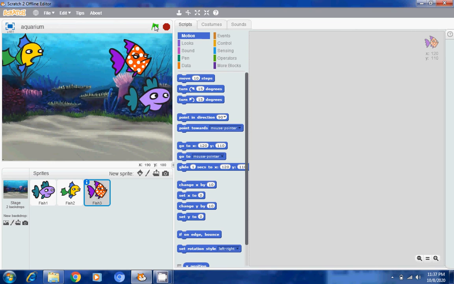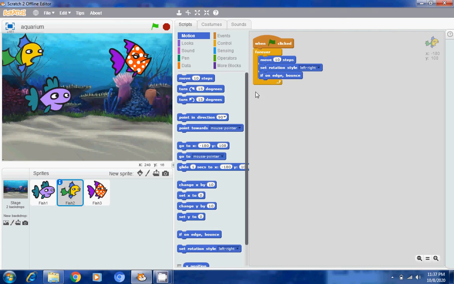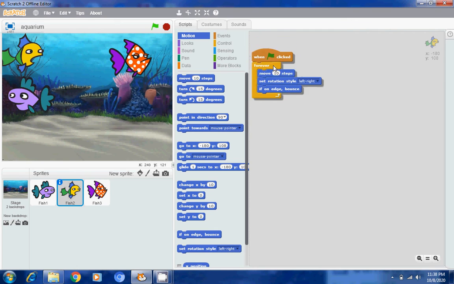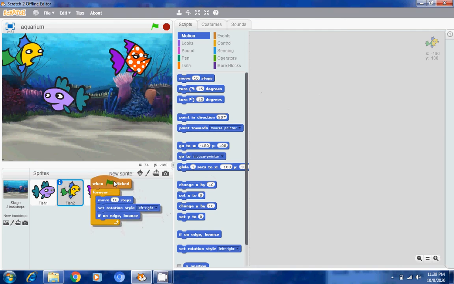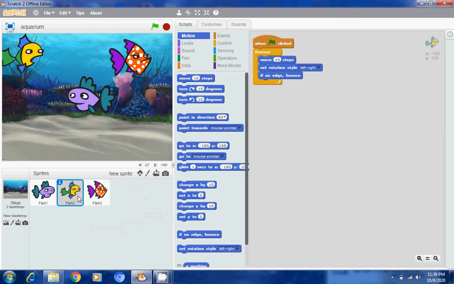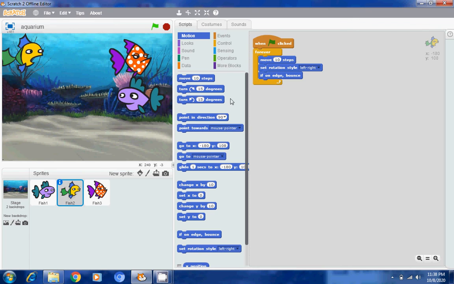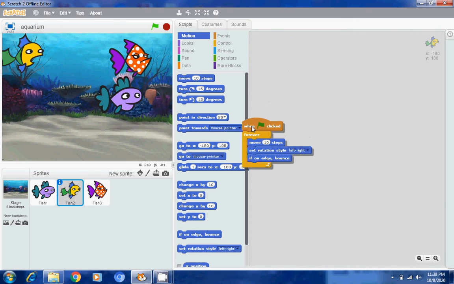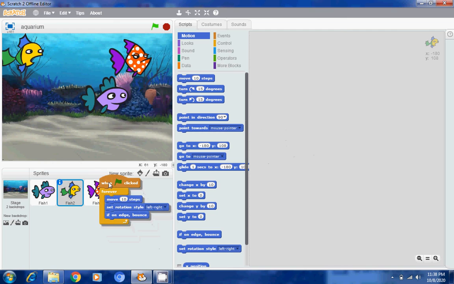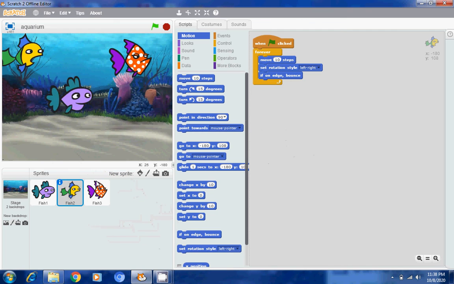Fish 3 is not moving, so it means it has not been copied in fish 3. So we will copy it properly first. It did not get copied. Again we have to bring it and put it on this. Now it has come inside this.